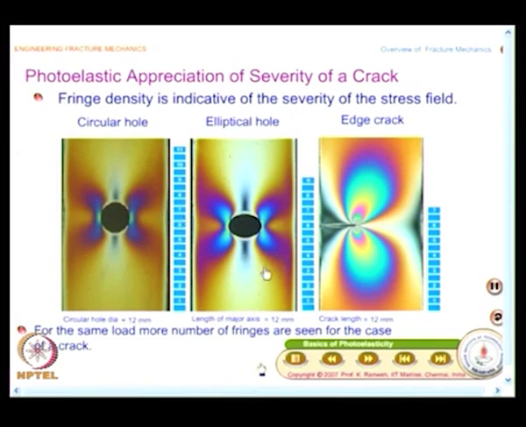So, one way we could take advantage of this is, we are going to develop stress field equations in the vicinity of a crack, and we need to verify whether those equations are correct. So, what we could do is, from the analytical equation, get sigma 1 minus sigma 2 and plot them and compare with the experimental result and ensure whether our solution is correct. That is the reason why I said I would be using the photoelastic method extensively for developing the concepts in fracture